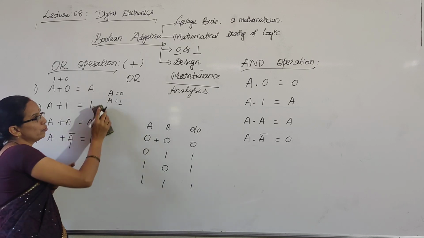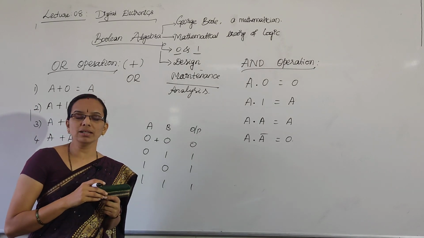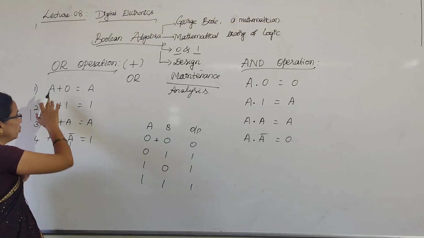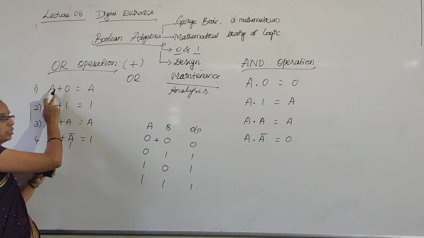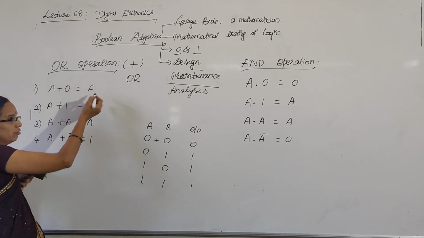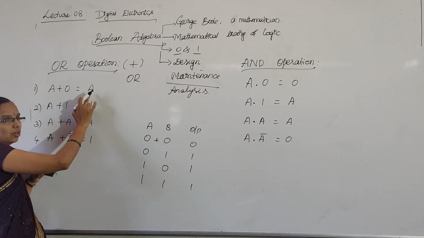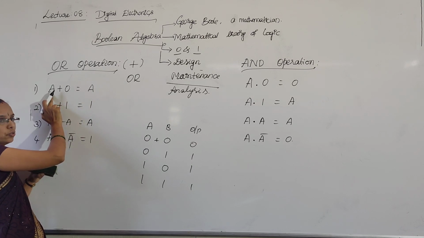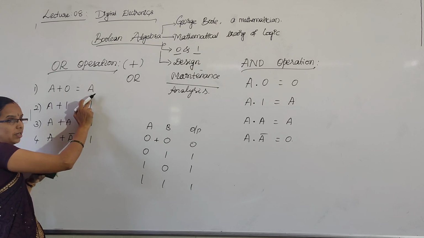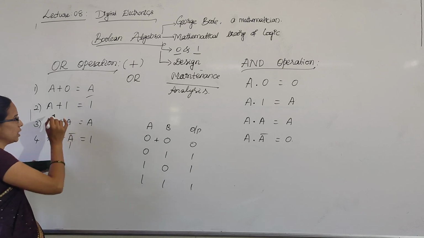See, proof in Boolean algebra is very easy because there are only two values. You can substitute and check the result. Once you substitute 0 for A, and next time you will substitute 1 for A, you will get the value. If I substituted 0, then I got 0 as the output. If I substituted 1, then I got 1 as the output. So, in both the cases it is taking the value of A. Okay, that is the first one.